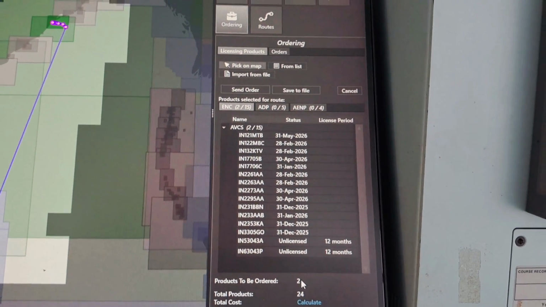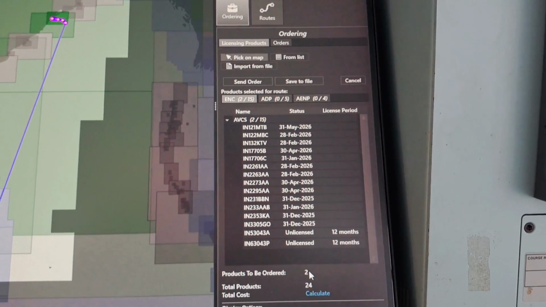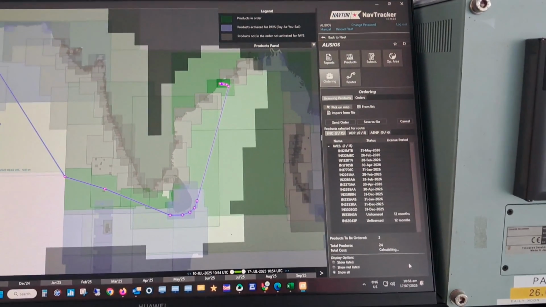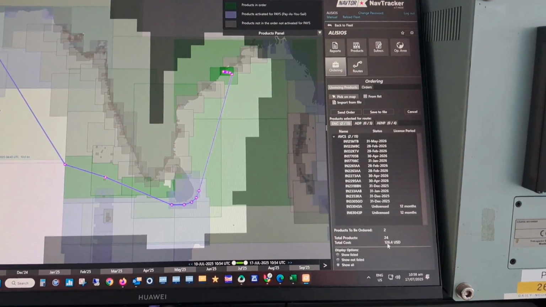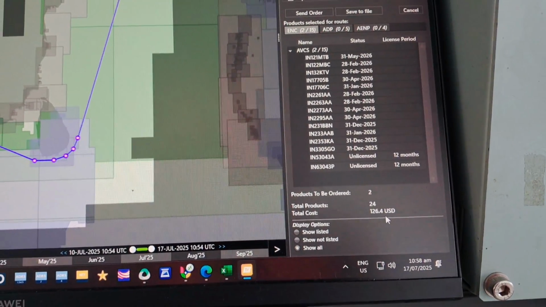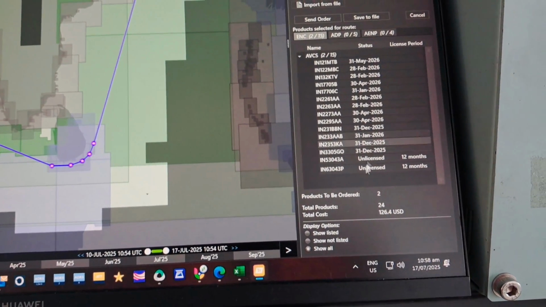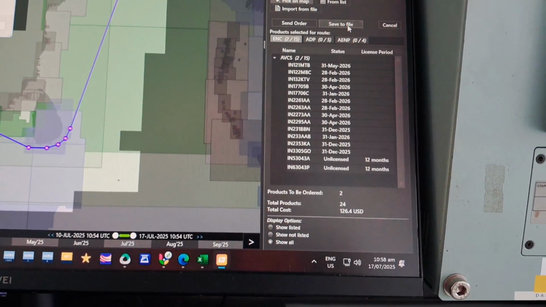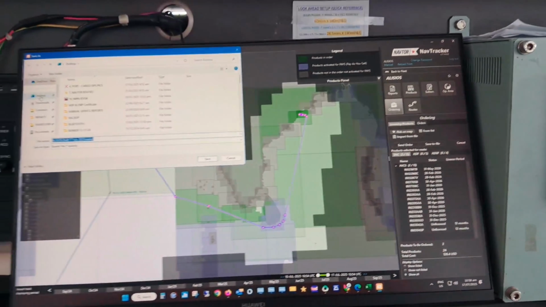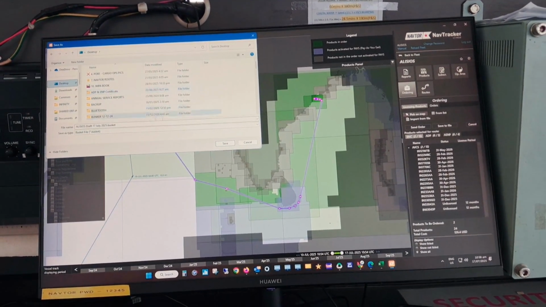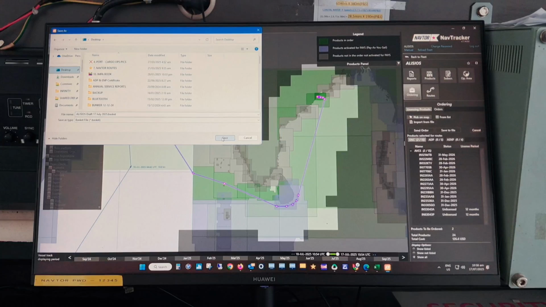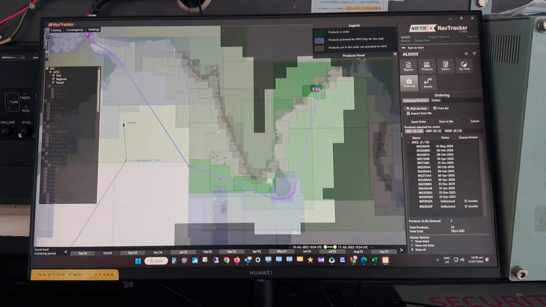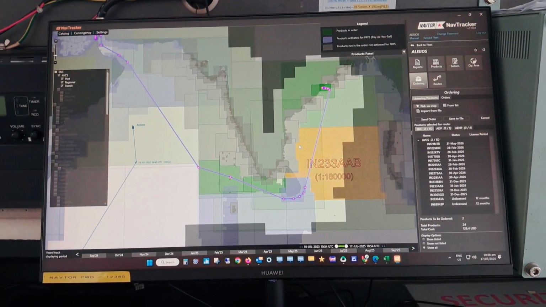If I want to tell the master what the cost of the ENCs will be, you just click on calculate. You see the money, how much it is taking for 2 ENCs: $126.4. So it's as simple as that. I'll save this file to my desktop, keeping it as a draft, so that in future if I require anything I can show that I have ordered these charts. Later I will save it in my other internal folder.